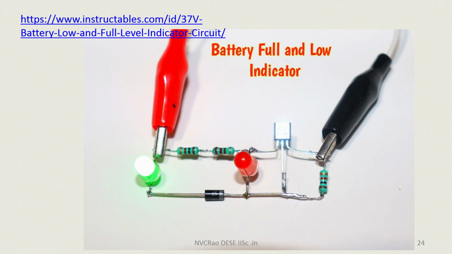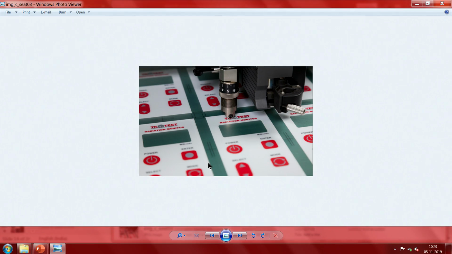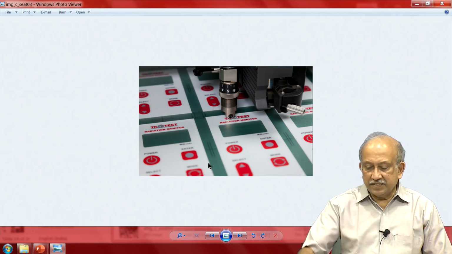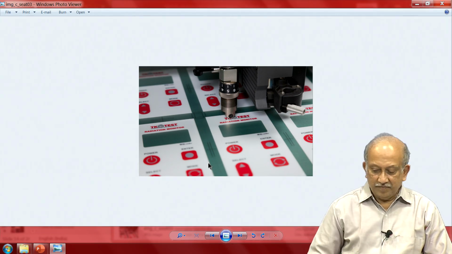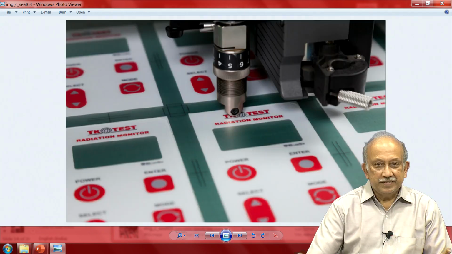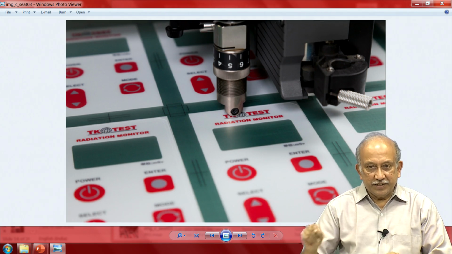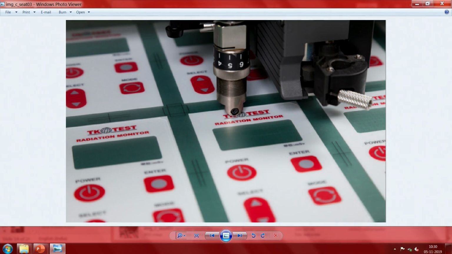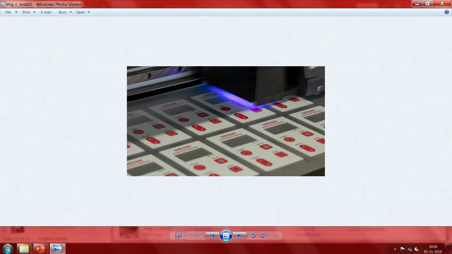So, I will now show, this is taken from one of the manufacturer's catalogs. You see here, you can even use an off the shelf device, and if you send these files to them, the file you want, they will print it, cut it and give it to you.